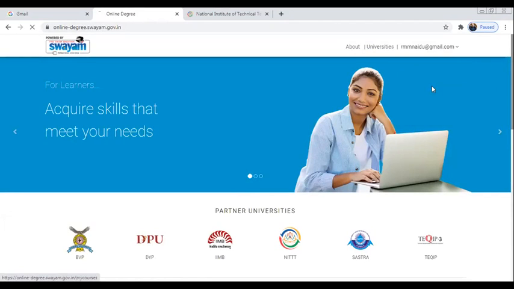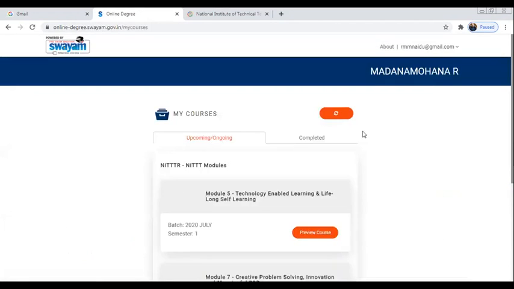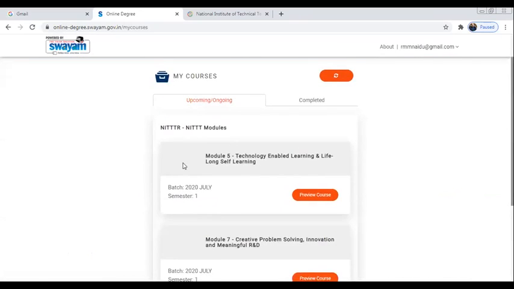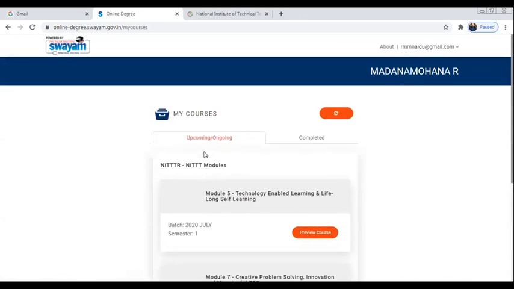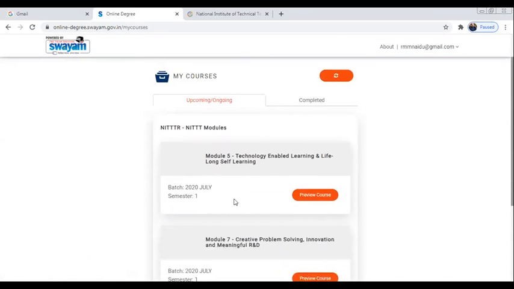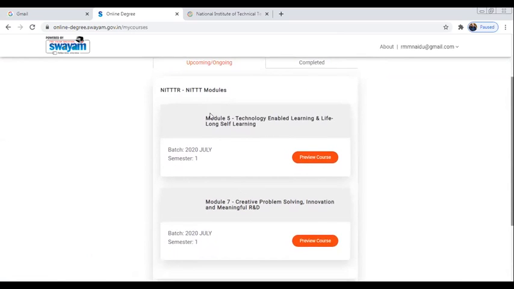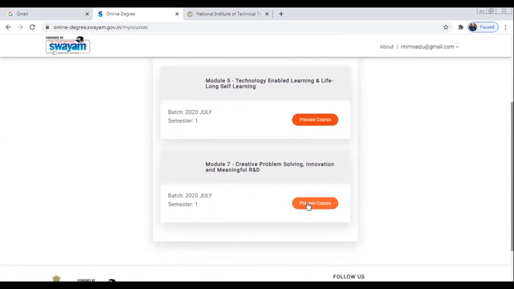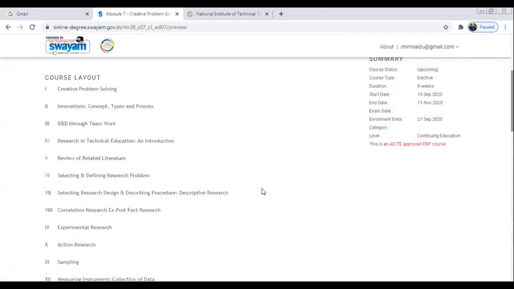Now here click on my courses. In the NITTT website, whatever courses you enrolled in by paying the fee, after clicking on course registration, only then will those modules be moved here. Suppose your modules are not included here, check in the NITTT website whether you have selected them or not. Otherwise, you can contact the NITTT coordinator by sending mails. These are the modules I enrolled in. Now you can click on the course, which shows the course content and progress, etc.